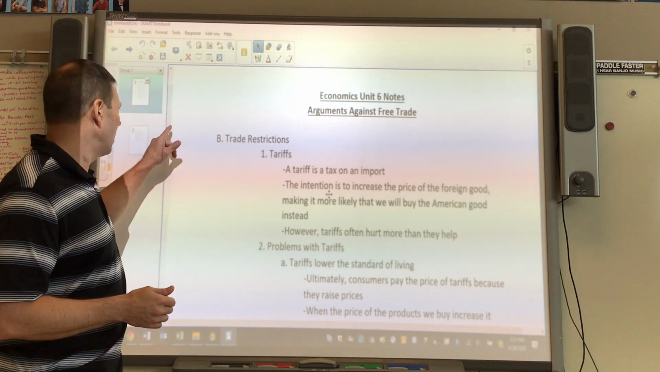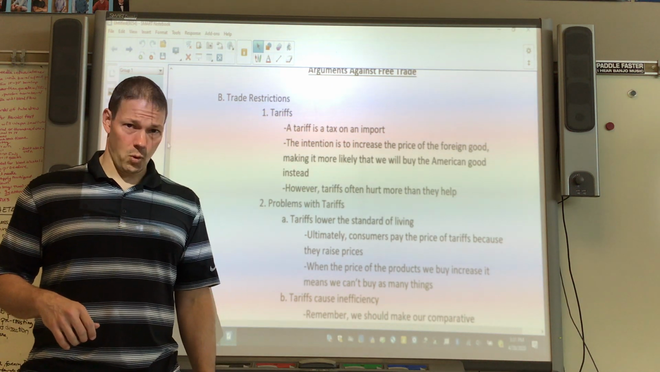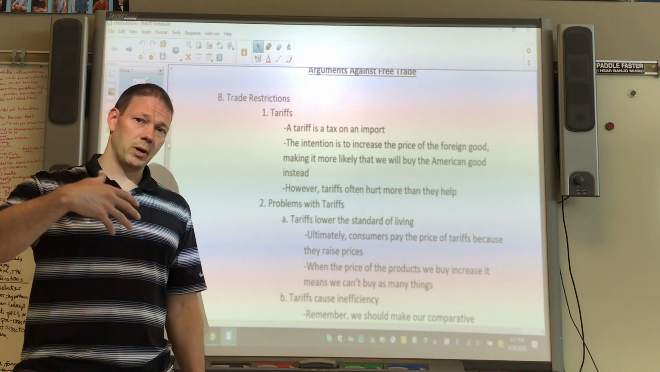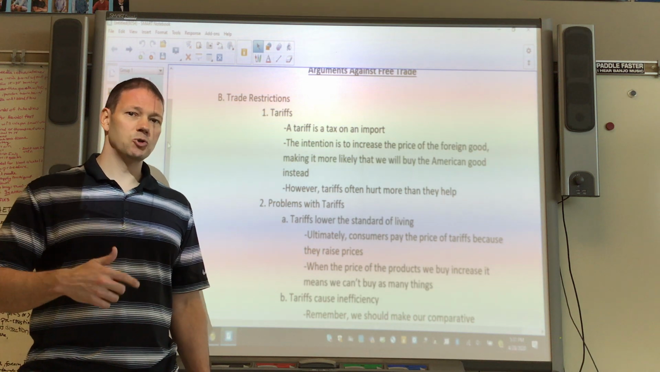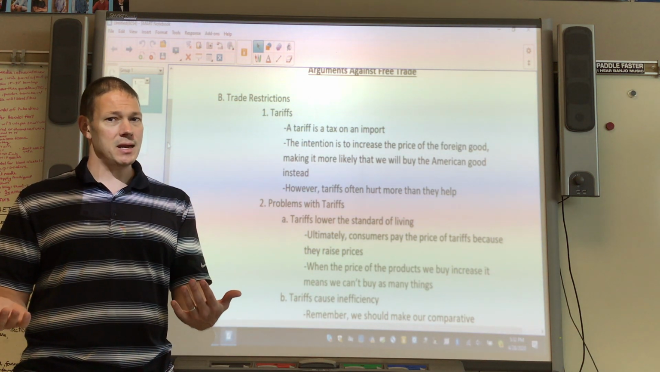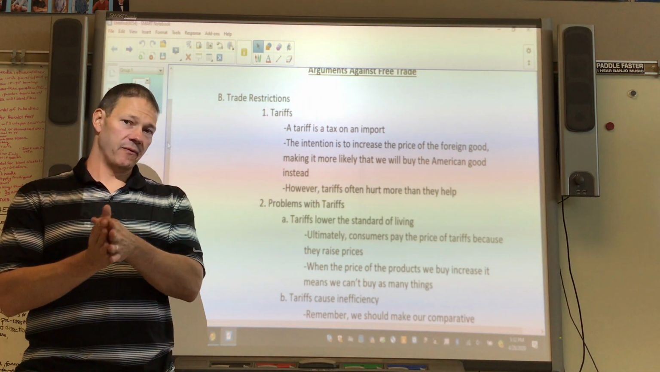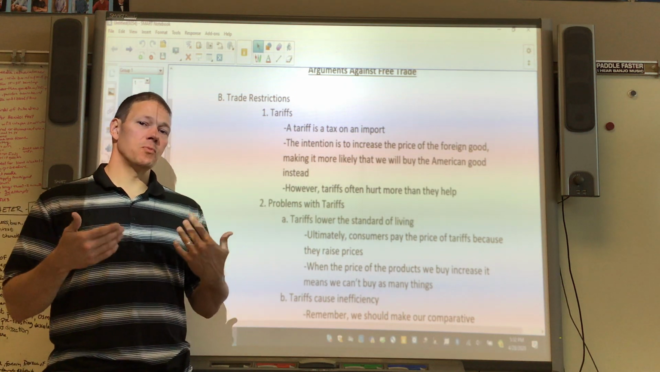Okay, so let's talk about tariffs here. First of all, what is a tariff? A tariff is a tax on an import. Okay, so it's the idea that we're going to bring in or buy a product from another country. We're going to put a big tax on it. Why do we do this? The main rationale behind a tariff is by raising the price of the foreign good, it encourages more Americans to